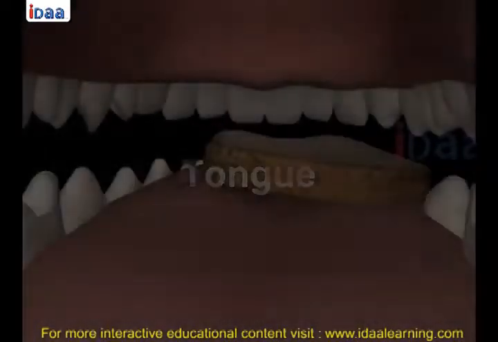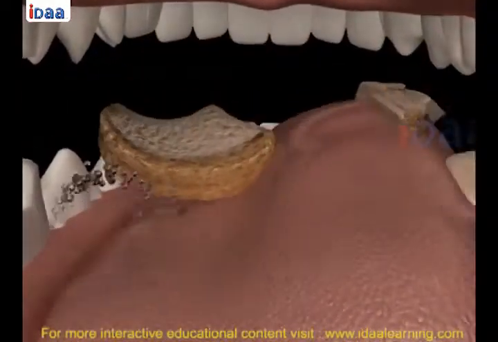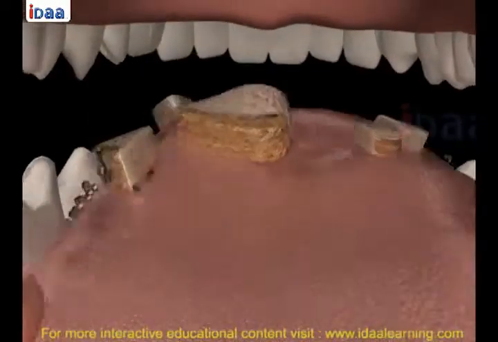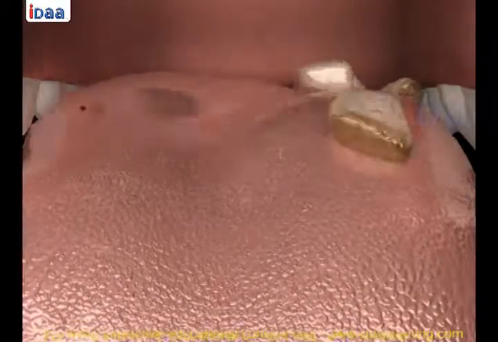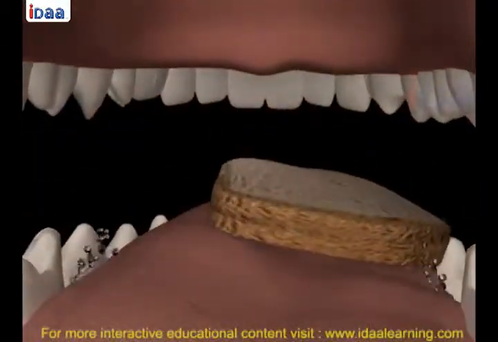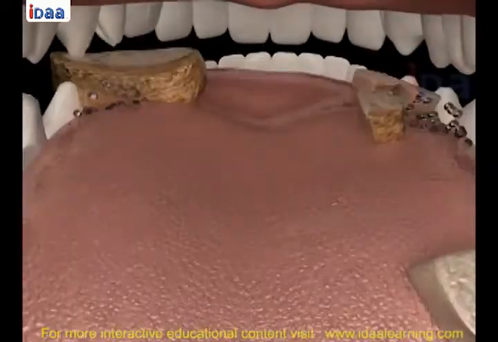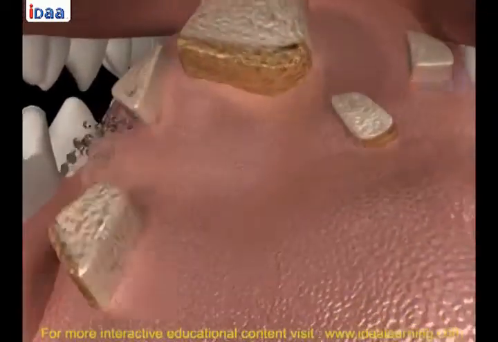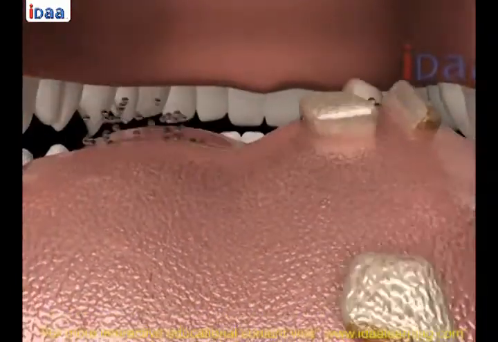Tongue. Taste of food can be detected by the taste buds present on the tongue. The tongue is a fleshy muscular organ attached to the floor of the buccal cavity. It is free at the front and moves in all directions. Taste buds appear as small bumps on the tongue and have different regions which help us enjoy different tastes.